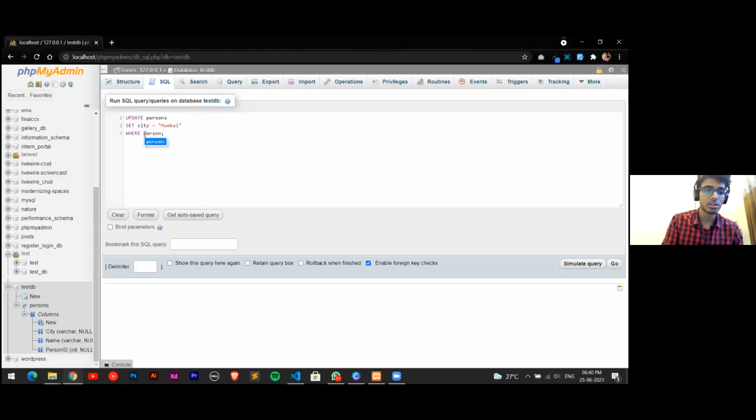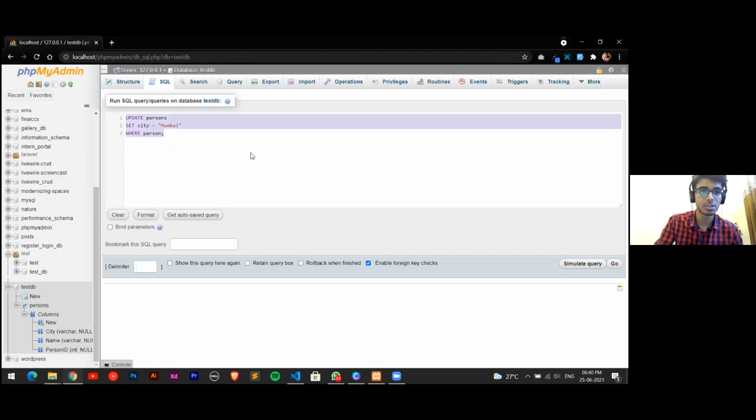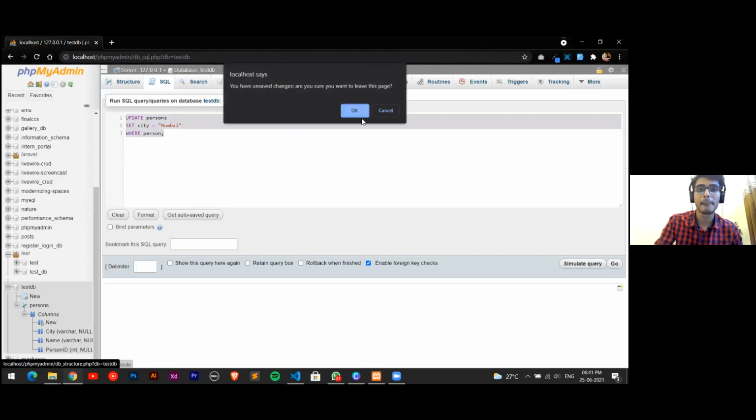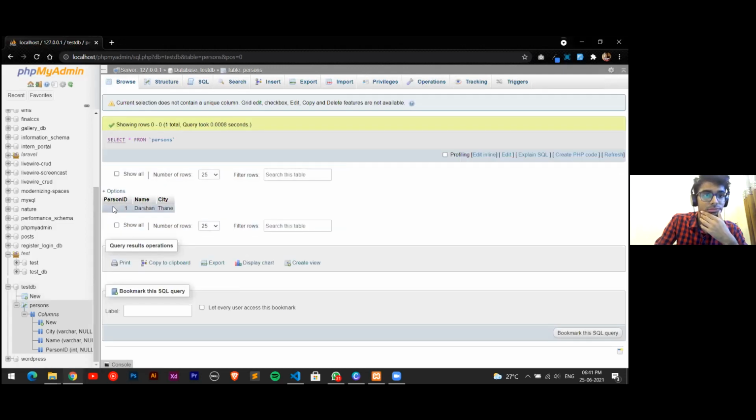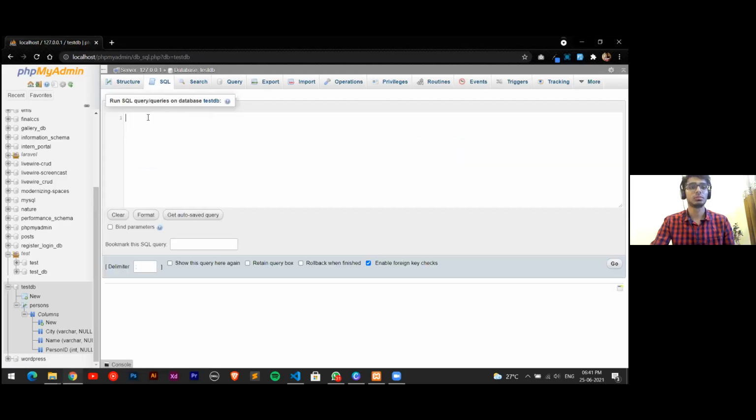Let me just check with the column name. Just keep it copied. Make sure you write the column name same as you had provided, and I'll give it as 1 because I had provided the person ID as 1.